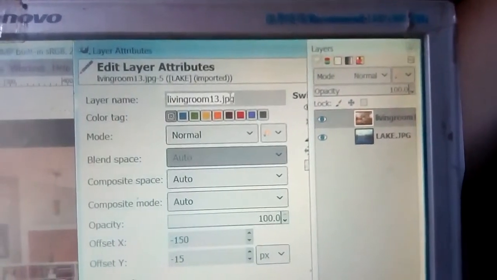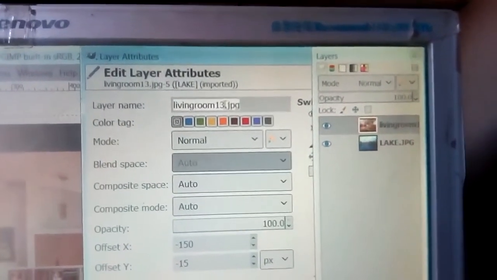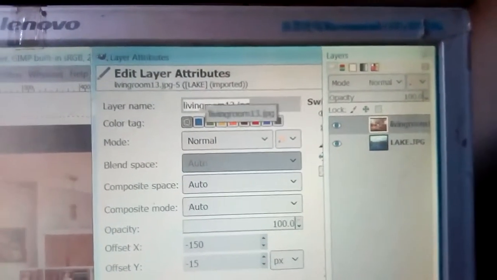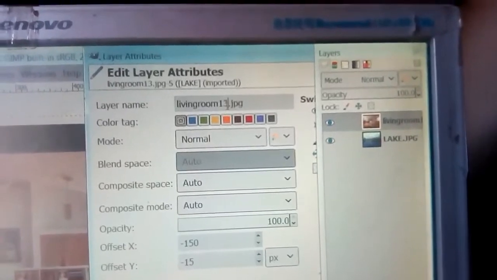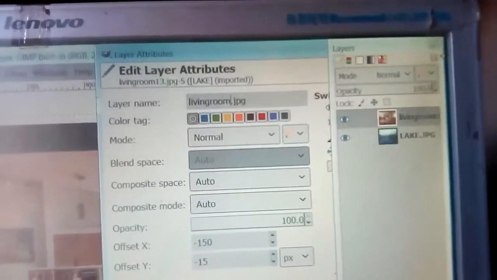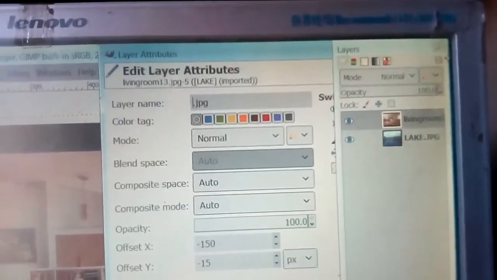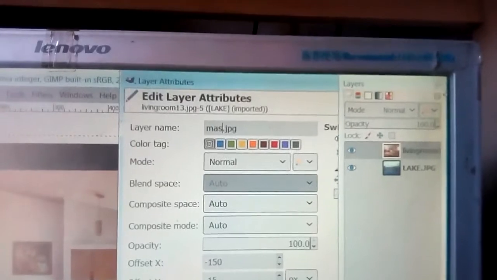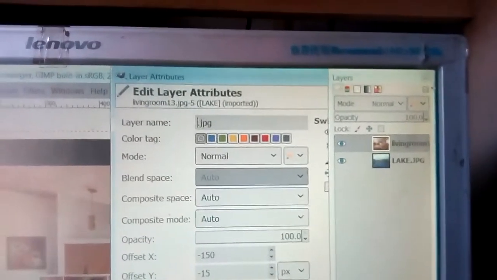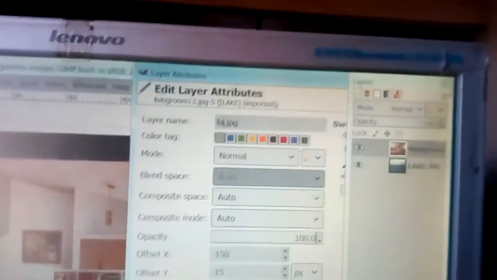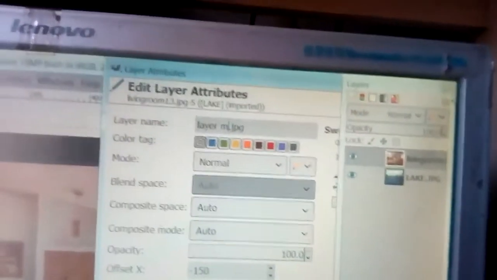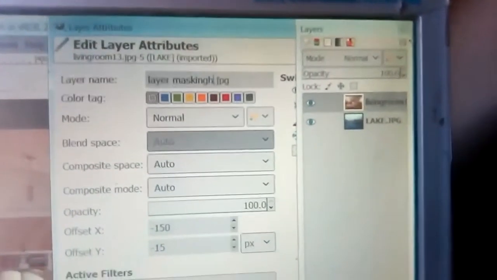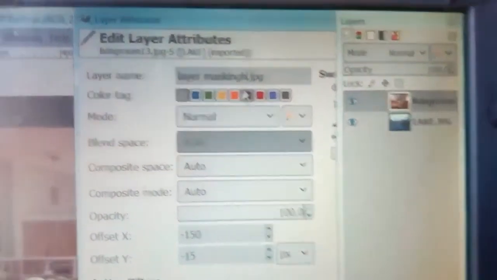Here you can change the name. Just double click on that living room and then change the name of this. Suppose I am giving this name layer masking.